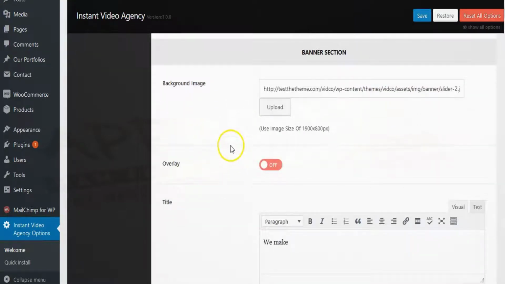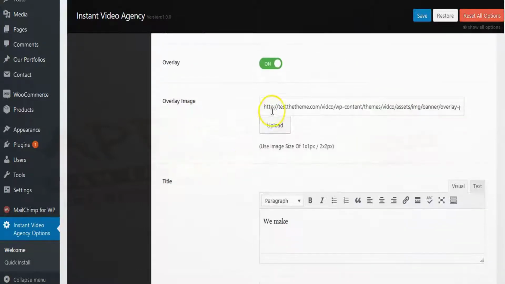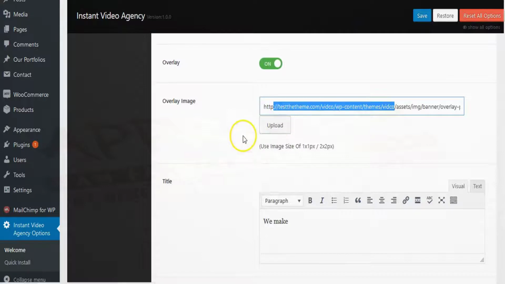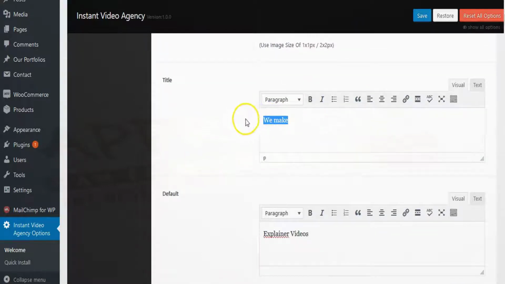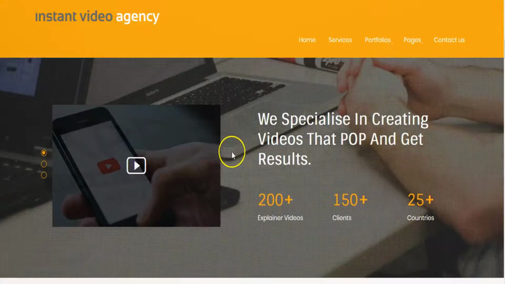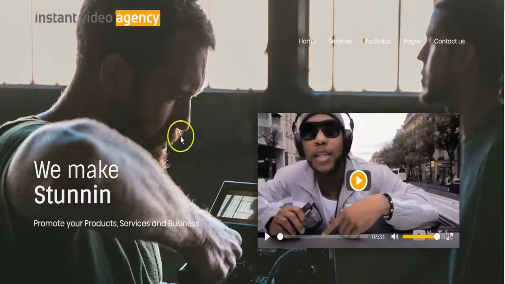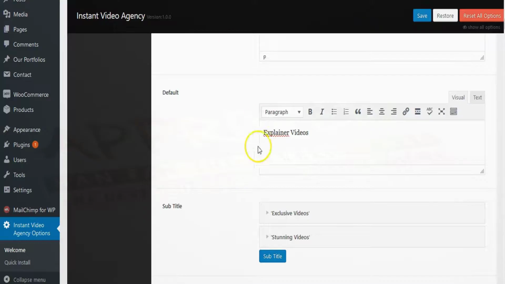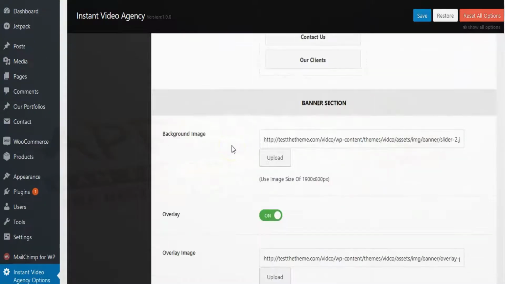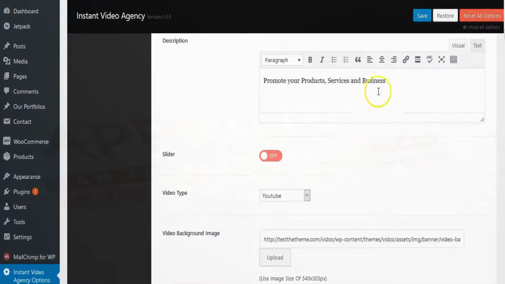A lot of these sections are really similar. You can change out the image. You can turn the overlay on or off. You can change out the overlay image, and you can upload that there. You can change the text, and it's very easy to see where this text matches. We specialize in doing this, and so forth. This, we make stunning videos, is right here at the top for the banner section. And then you can just continue to see where this text is and then make the appropriate edits over